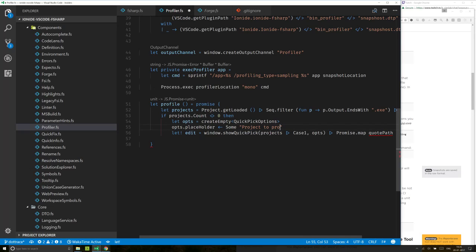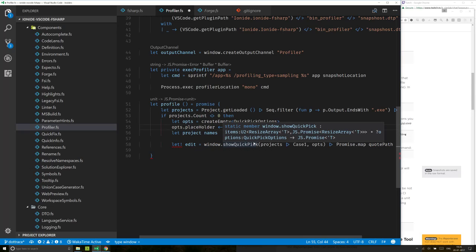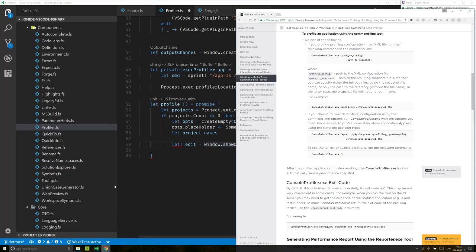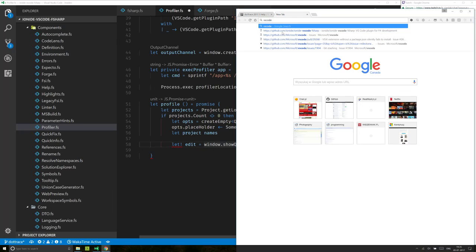Project to profile, and what we actually want is let project names. That's actually getting pretty annoying. I will need to check out the Visual Studio Code documentation, because usually it's just enough that we pass the string to the quick pick, and the quick pick operation returns as